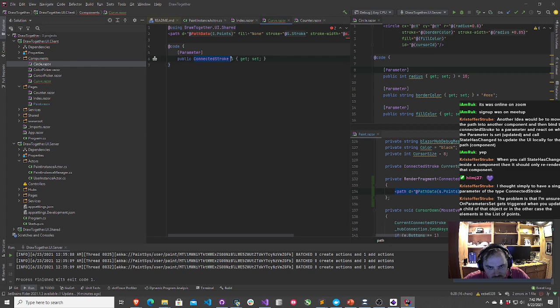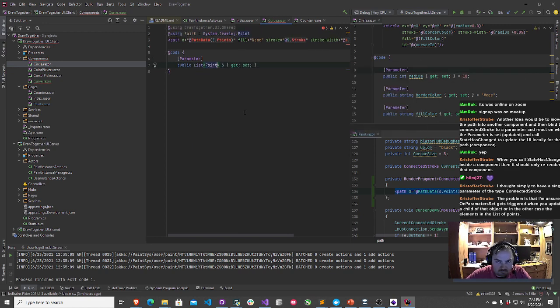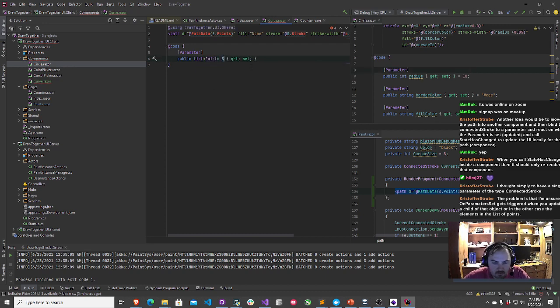So every time we go ahead and set this, let's see, list of point. Oops, this is our own point structure, I think. Yeah, all these points.